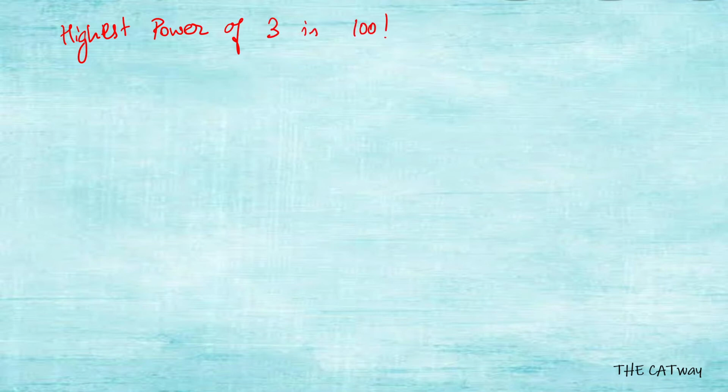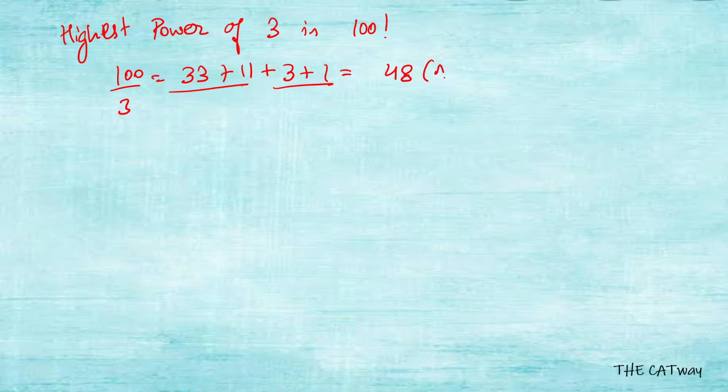Now we will do it with a shortcut. Let's say we have to find the highest power of 3 in 100 factorial. Now what you have to do, you just write the first term. It will be 100 by 3. What do you get? 33.33. We will take only the integral part, that is 33. Now instead of writing the others, you can simply divide 33 by 3, you will get 11. Okay, then you can divide 11 by 3, you will get 3.66, but you will only take 3. Now 3 by 3, 1. What will be the answer? 44 plus 4, 48. Now this will be your answer.